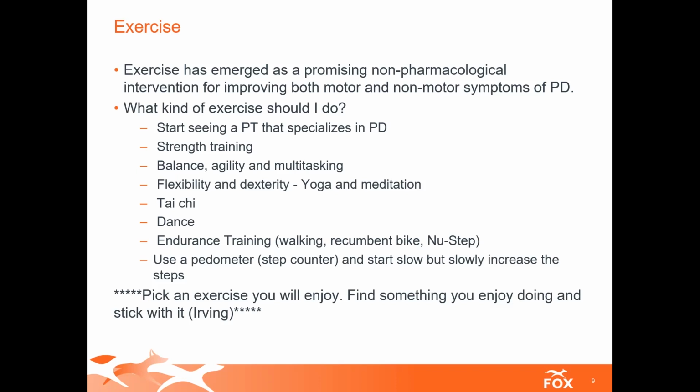When I first volunteered for it, I was floored by how people were kicking my butt. And I was 31 at the time. Now I'm 48, I mean 31 years old. And these people, 50 and 60 years old with Parkinson's, were kicking my ass. And I'm like, I am so impressed right now. I need to step up my game. But they empower me, you know what I mean? Seeing how motivated they are and how hard they drive and work just made me want to be better at what I am. And so yeah, there's things like strength training, balance, agility, multitasking, flexibility and dexterity,